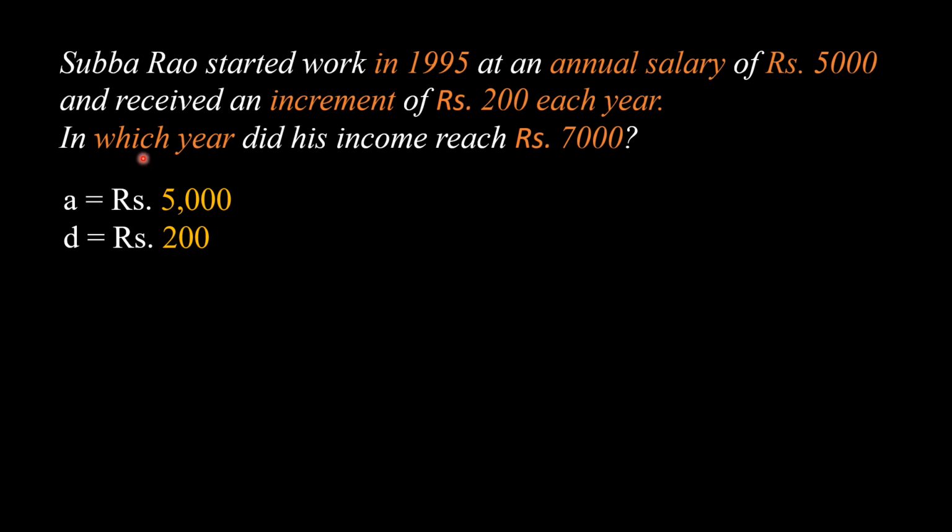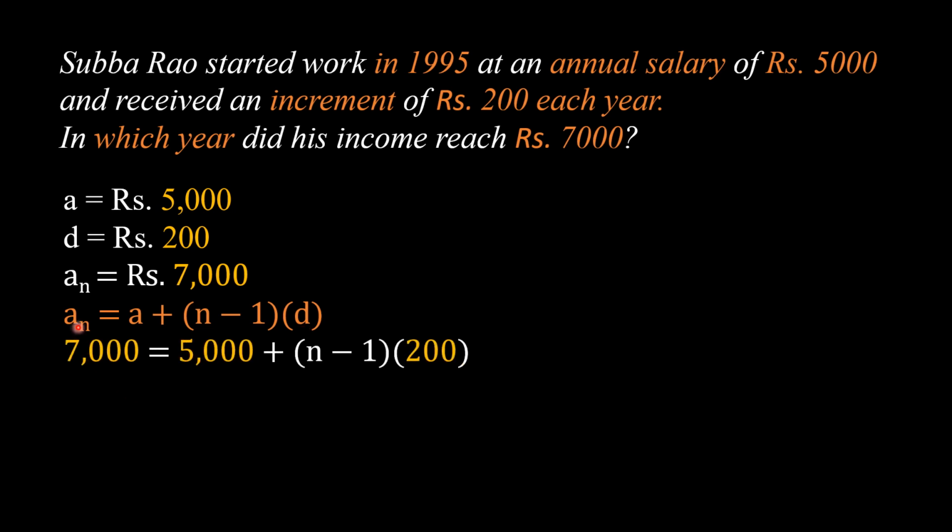Now we have to find in which year his salary is going to be rupees 7,000. So we will assume rupees 7,000 to be the nth term of the AP. So we have an equals rupees 7,000. Now in order to find in which year his salary is going to be rupees 7,000, we have to find the value of n. So we will write the nth term of this AP as an equals a plus n minus 1 into d. Now we will substitute the values: 7,000 for an, 5,000 for a, and you have to find n,